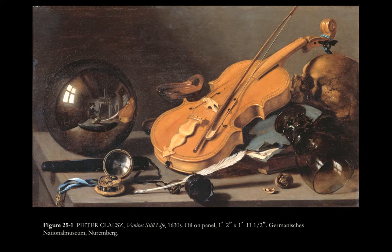In this one, we see a glass that's turned over, a walnut that's been opened, a skull, a violin, but no one's playing it. The music stopped. Maybe the person playing it is dead. Everything about it is supposed to make you reflect on the passing nature of time, including that clock in the